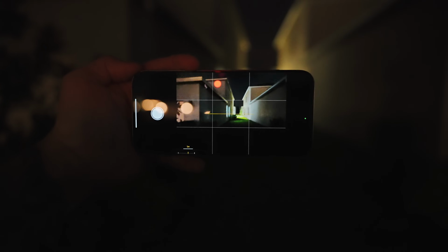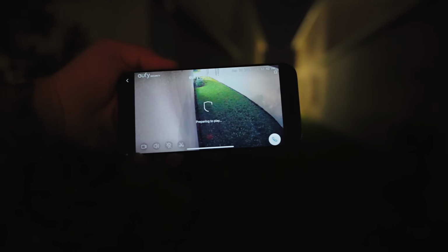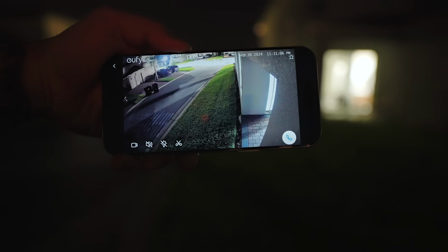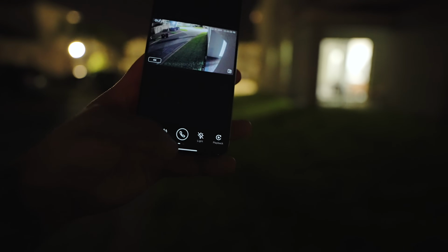This is what my phone sees. Now we'll go to the camera. And this is what the eufy sees. Goodness, that is crazy. This feature alone separates the S3 Pro from many other cameras on the market, including the